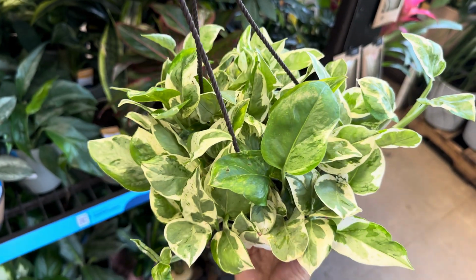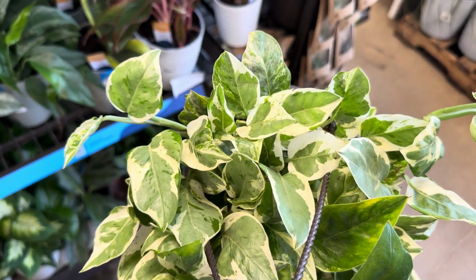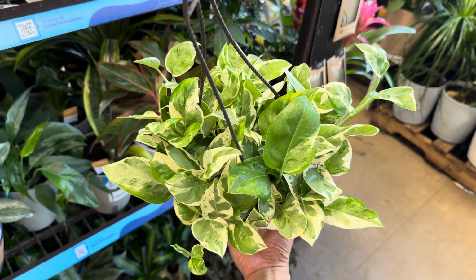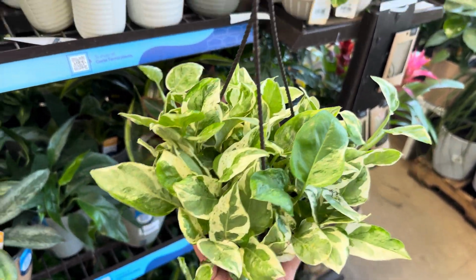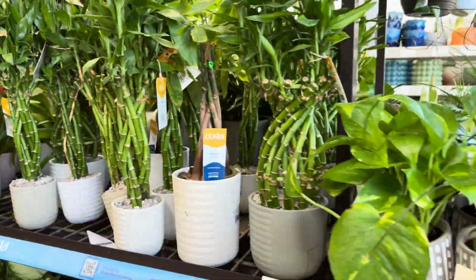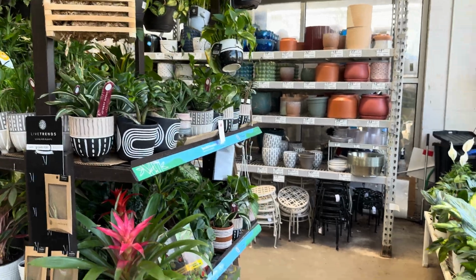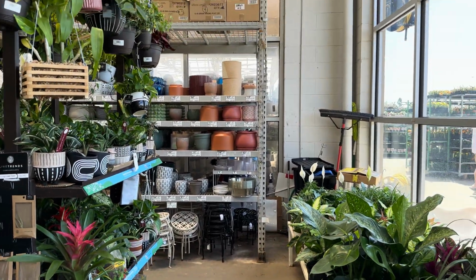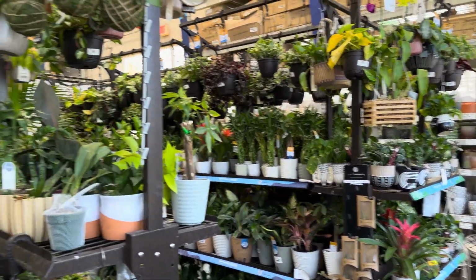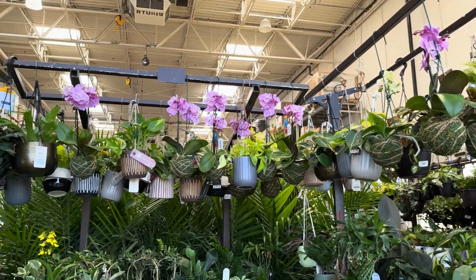And I eventually got one of these not too long ago. It is growing very well for me. I am actually propagating so many cuttings of Pothos. I would say from my Marble Queen Pothos, I probably took about 40 to 50 cuttings that I am currently rooting in water. So that's another way to actually save money and increase your plant collection, is just through plant propagation. So we're going to go spin around here, and I'm going to show you some more of these plants